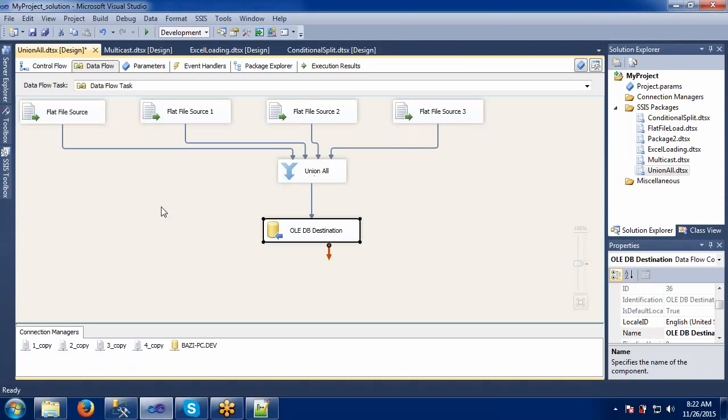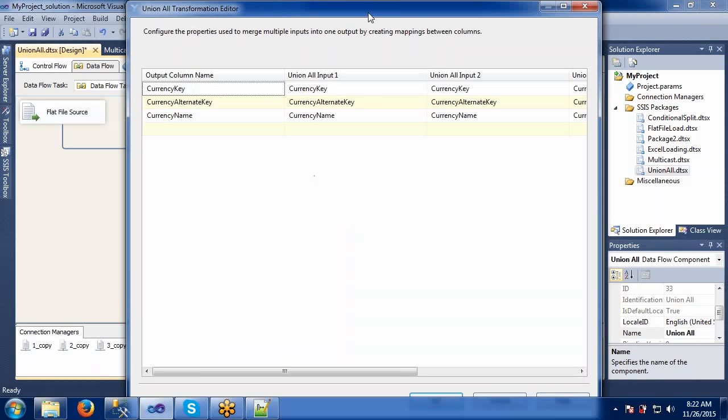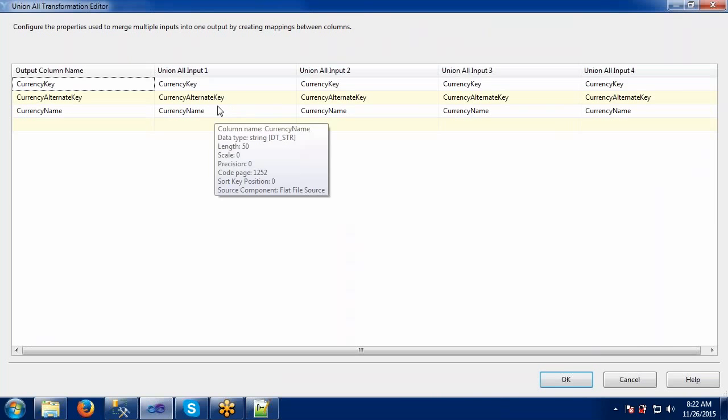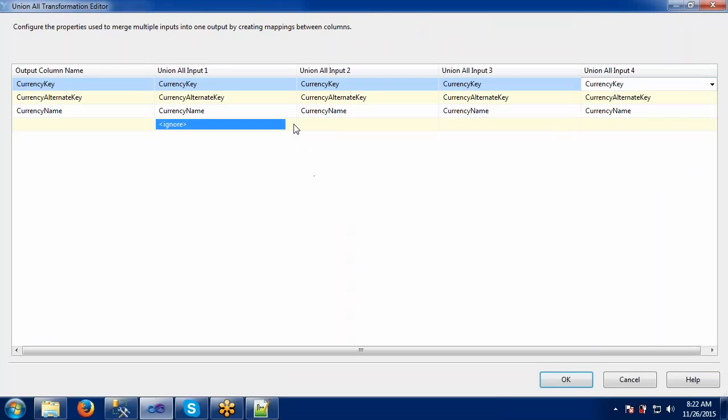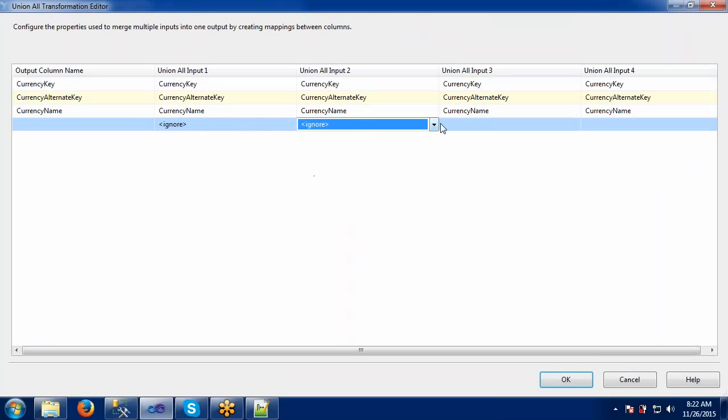If one of the flat file sources has an extra column, what will union all do? Will it execute or not? It won't execute here. When we open here, we are seeing only the common columns, if you observe. If you want to ignore those records, we can ignore them here. Let's say I'm having a fourth flat file here with some extra column, it will be displayed here. So what I can do is just ignore that one.